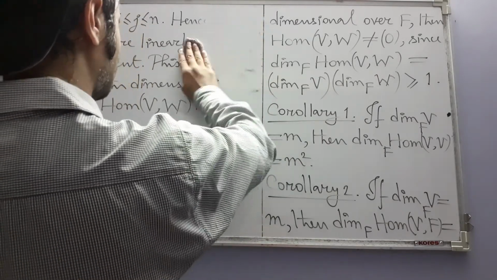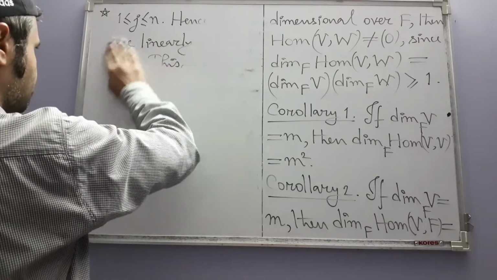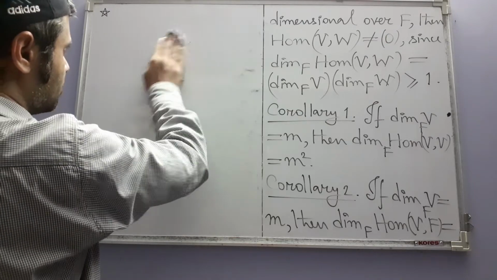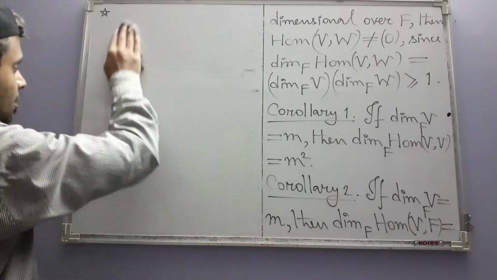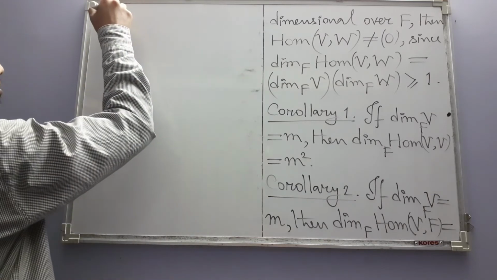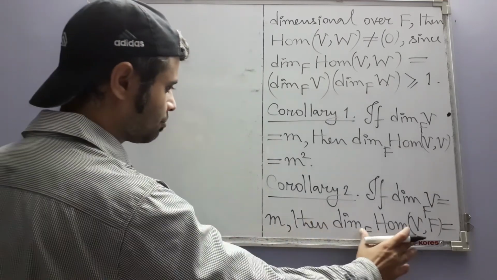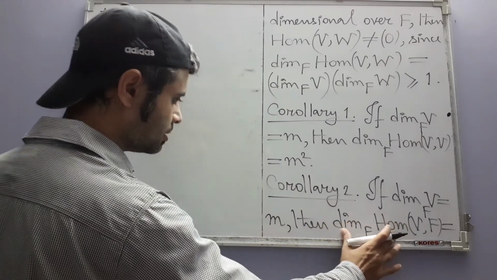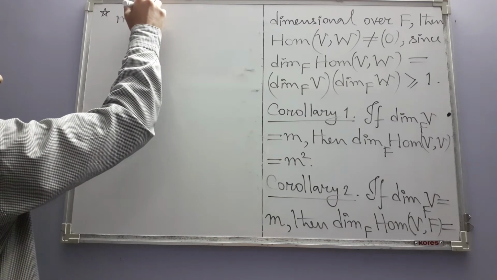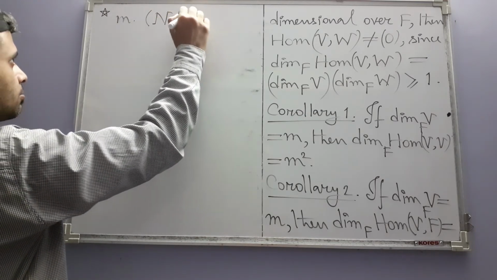There are proofs of these corollaries, but they follow so easily from the theorem that we proved today that I am not going to supply the details. This is equal to m. I will just simply mention one fact that will be used in proving this thing. Namely, I just write like this: note that